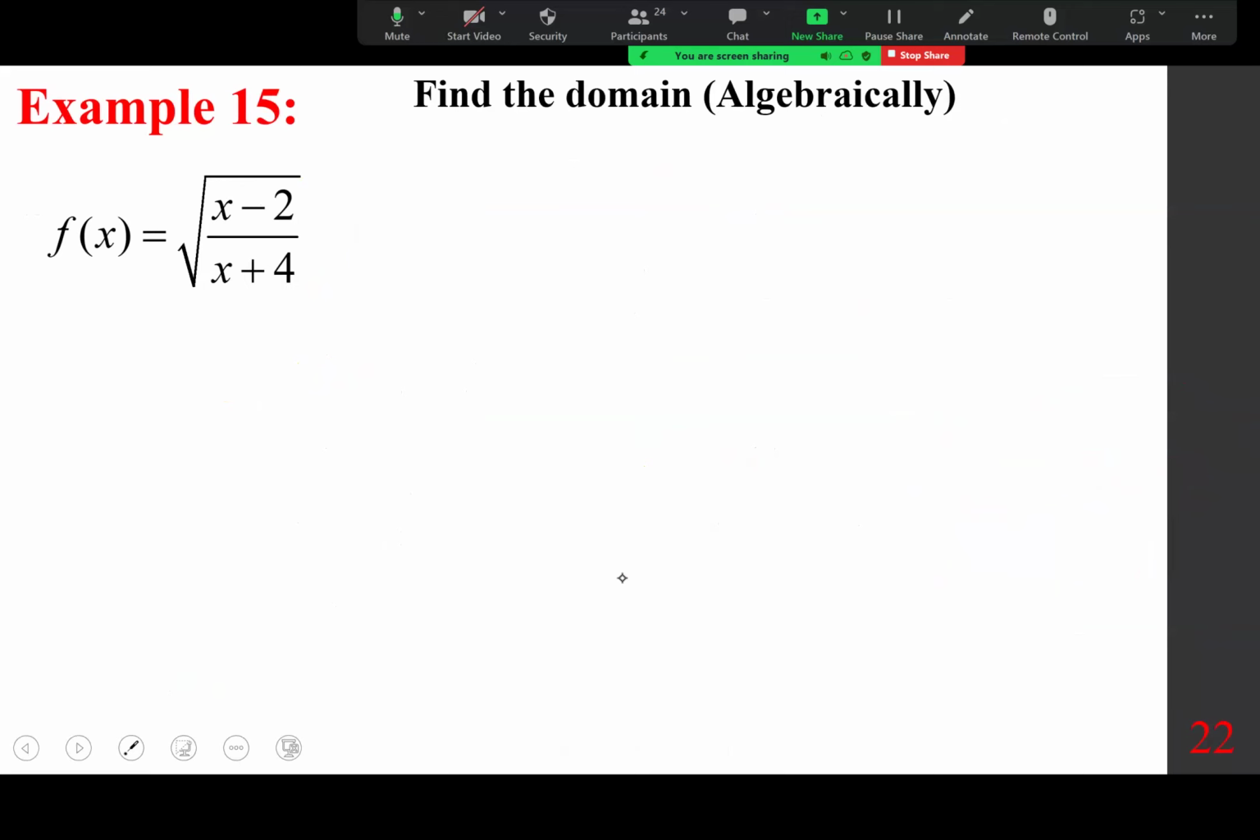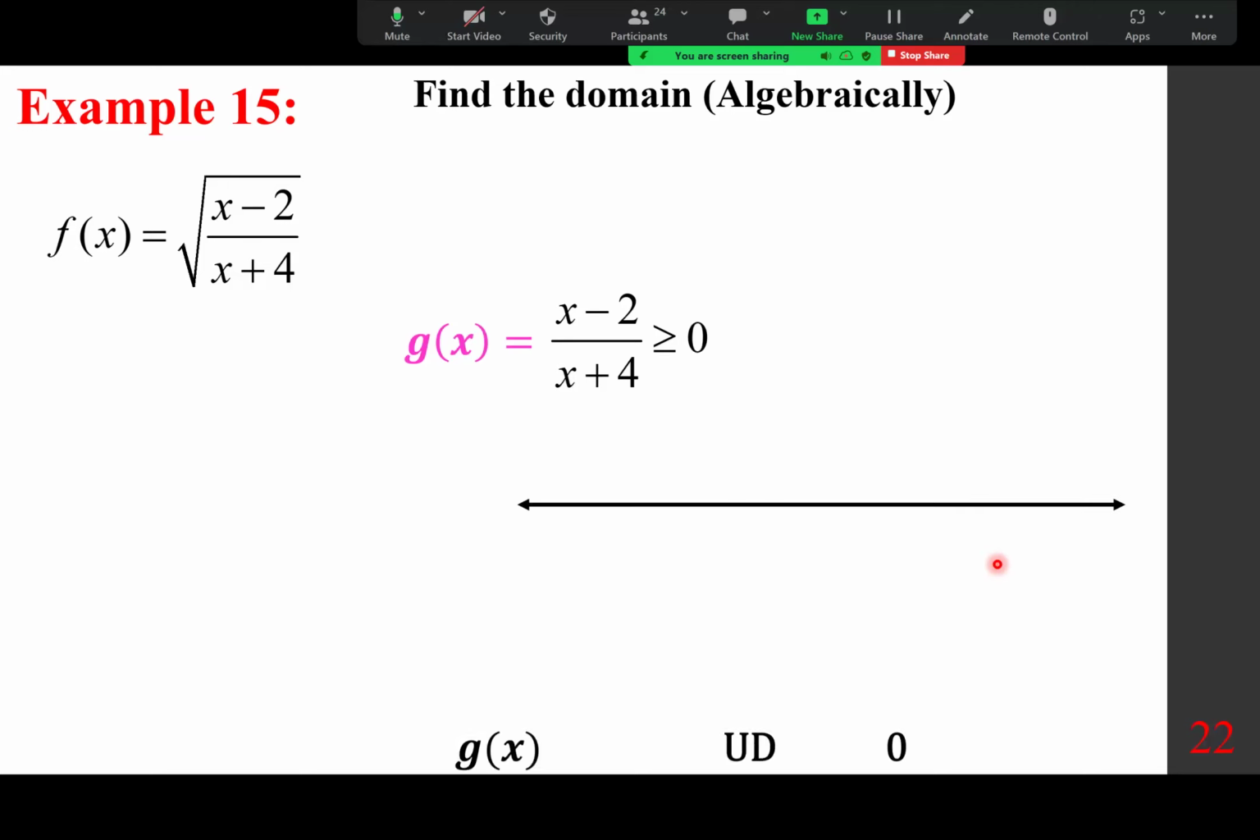Let's look at this one. As you know, when you have an index which is odd, or when you don't write the index, it is odd, so you set this one greater than or equal to 0. If you set the top equal to 0, you get 2. The bottom equal to 0, you get negative 4. You go with the number line and you put negative 4 and positive 2 on that. Okay. We're going to go from negative to positive infinity. At negative 4, the expression is UD, undefined. At 2, the expression is 0. And again, because the degree of the numerator is 1 and the denominator is 1, they alternate. All you have to do, pick a